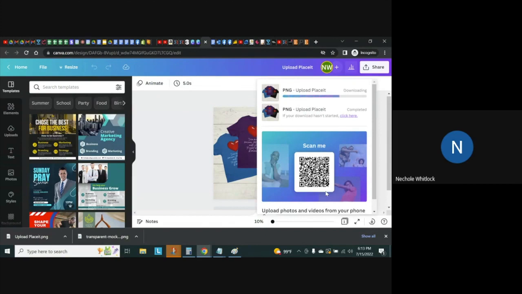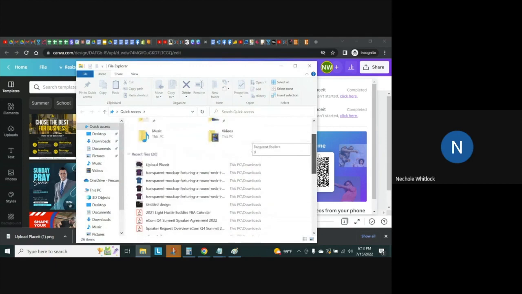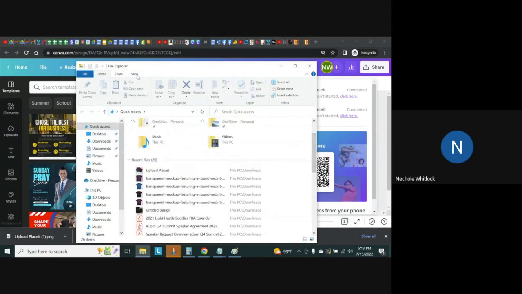And then once I do that, I'm going to show you the two file sizes when it finishes. All right, so it came down a second time. It's got the little paren 1. So that's the one that's the smaller file size. And if you are checking to see what the file size is, you can click on